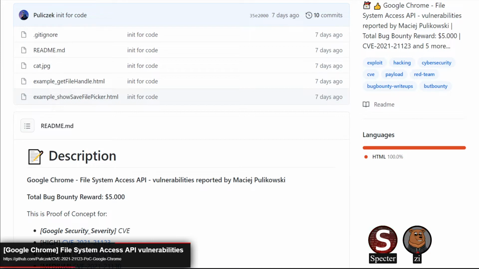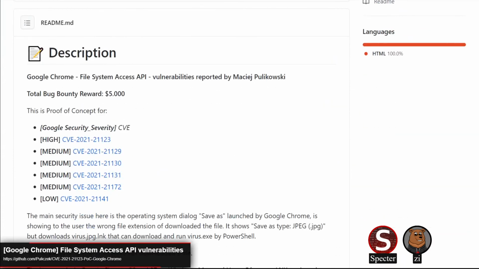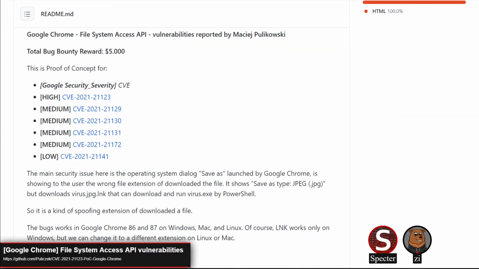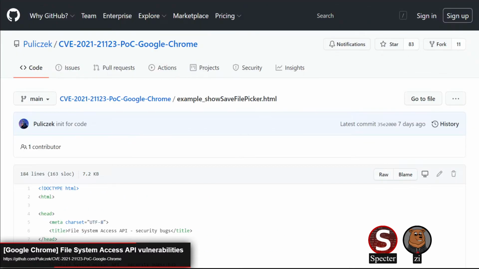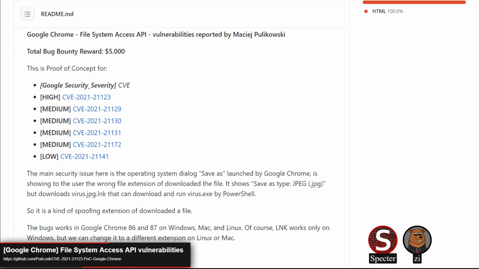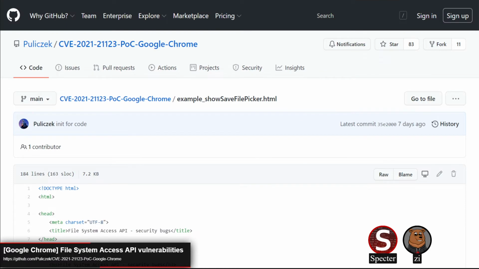Yeah. All right, so we'll move into some of our exploits. First we have some Chrome issues regarding the File System Access API. Nothing super interesting. Mostly tricks with tricking the user into what kind of file is being downloaded, trying to hide that information, for example. Unfortunately, the README on the GitHub and the video do not really explain the issues at all. But there are some comments in the POC files that explain them, and they do link to the CVE reports, which have details on the bugs themselves.